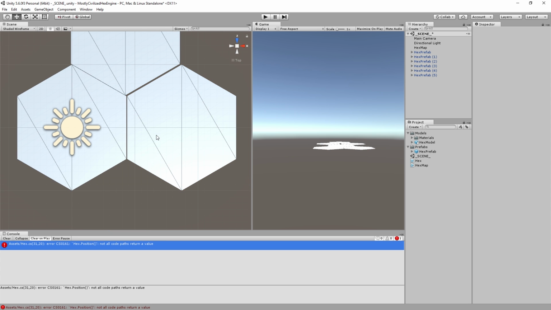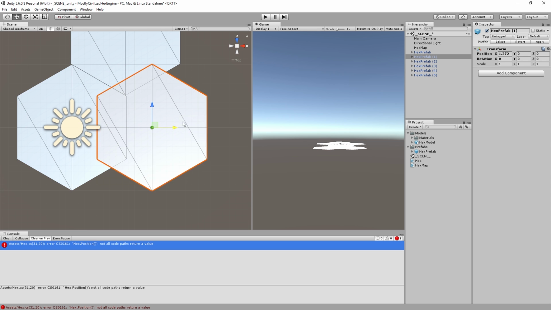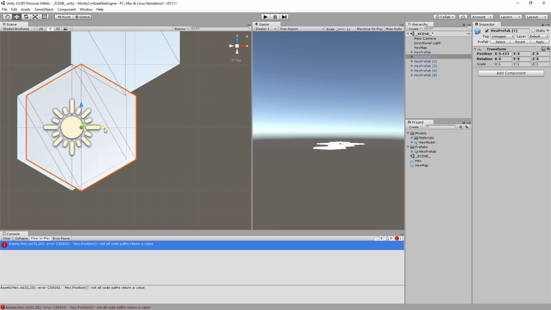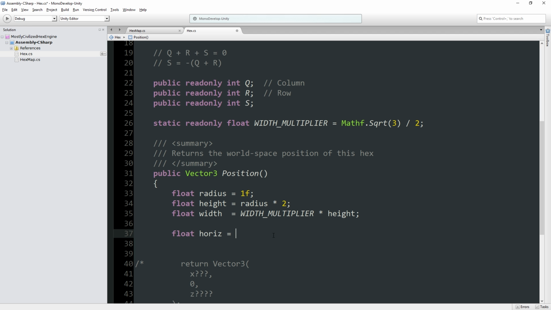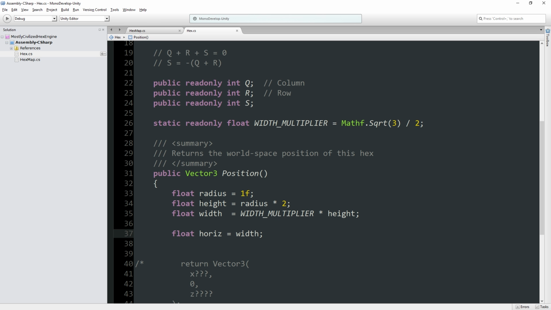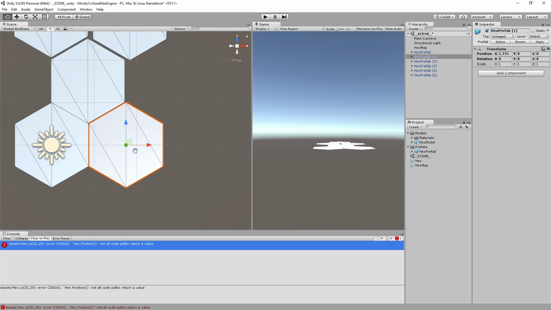How much is it? Well, for width, it's actually simple at this point. We literally want to move over. So whatever our width is, we want to offset by exactly that much. So the same amount of width. Whatever this number comes out to, which it turns out is about 1.73, which is the width of the entire hex, that's how much we want to move over by. So the horizontal spacing is easy. It's the width. The vertical one, not so much though, because we aren't